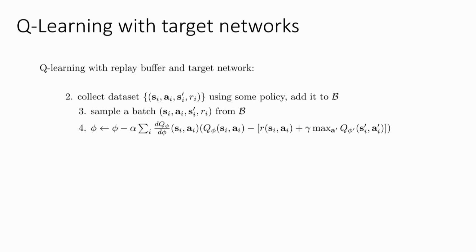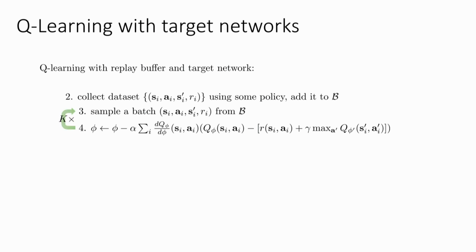Now, of course, you're going to say, well, you can't just choose any phi prime. That would be stupid, right? If you just choose some random phi prime, then you get garbage target values. So it's a well-defined regression problem, just not a very useful one. So you somehow have to choose phi prime so that Q phi prime is still a pretty good Q function. So where can we get a pretty good Q function? Well, we can just use the Q function that we had 10,000 steps ago.